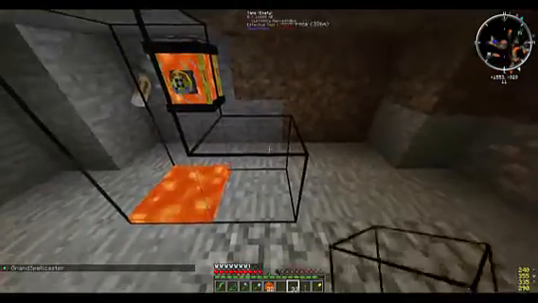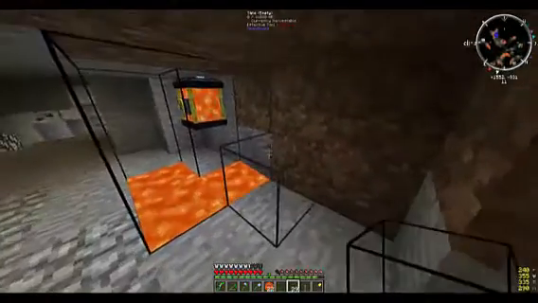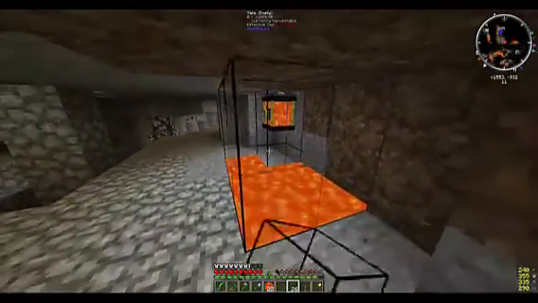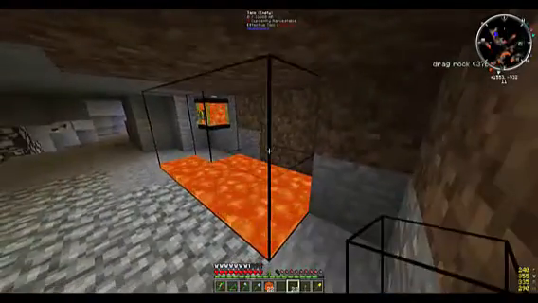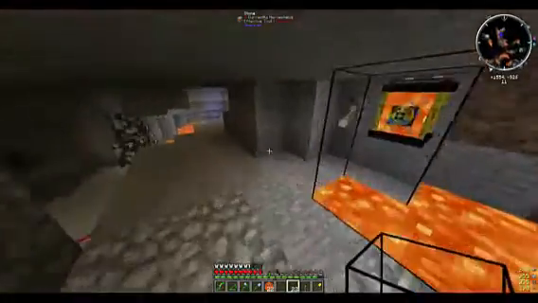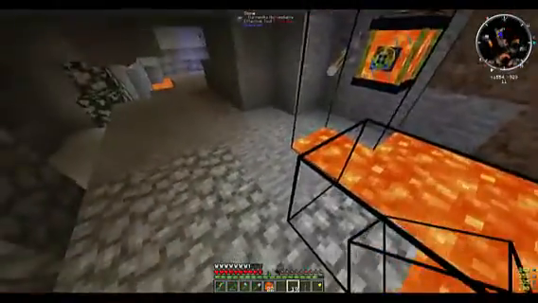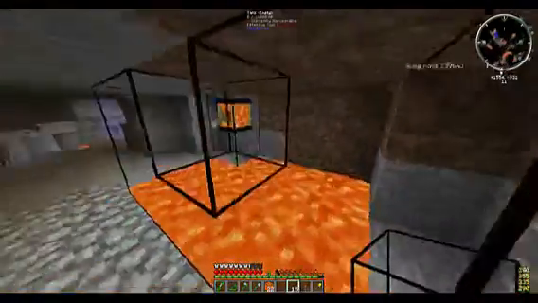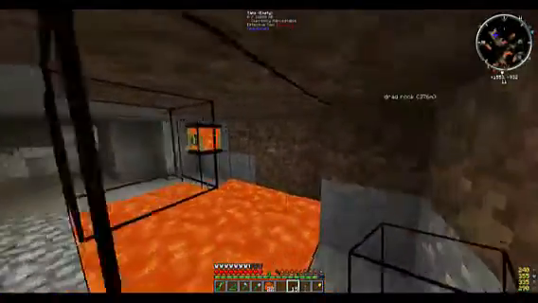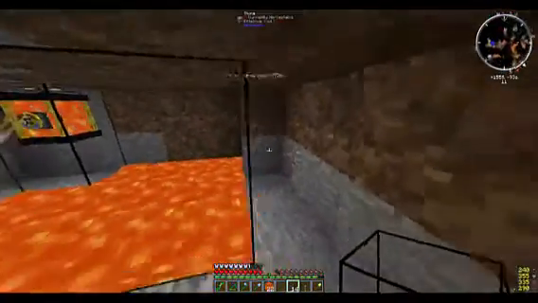Now we're going to add some more. After I do this set, I'm going to go ahead and call it an episode for you guys. And next time that you and I see each other, we are going to work on lava power. So we're going to get us what we need to